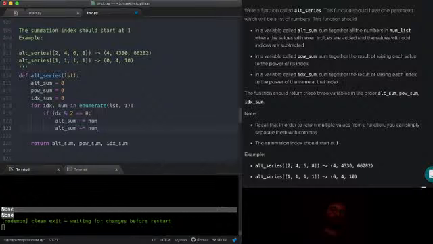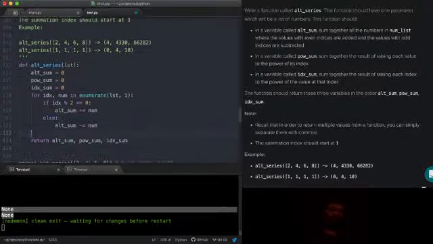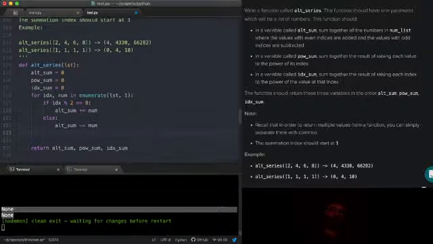Else we're going to subtract it. And then from here, let's just run it at this point.